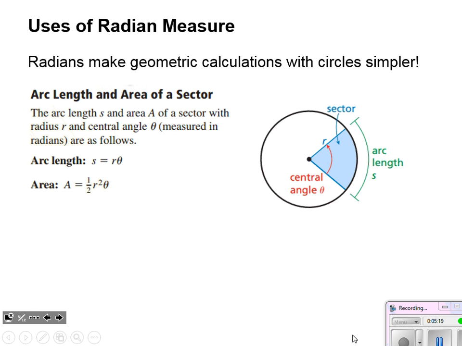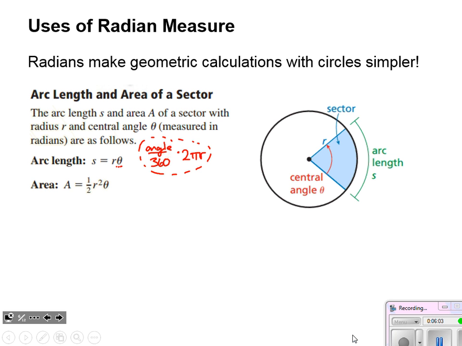Okay, now why is this so helpful? Well, if it incorporates the 2 pi, it incorporates the circumference of a circle, and we get some really nice geometry to come out of this. I don't know if you're in any of my geometry classes, but when we were doing arc length, we would say it's the angle over 360 times 2 pi r. Well, since our angle is going to be in radians here, that takes care of the fraction of the circle part. So it's just 2 pi r, and that fraction of 2 pi has already been accounted for. It makes the formula much simpler to work with.